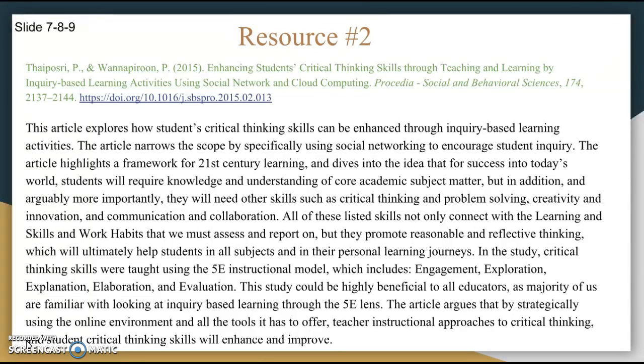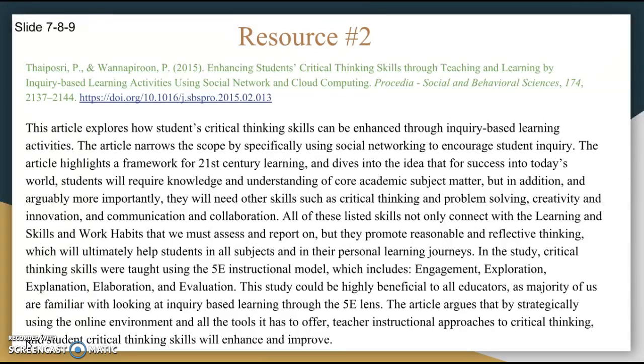These skills include critical thinking and problem solving, creativity and innovation, and communication and collaboration, all of which fall under the learning skills and work habits that we, as teachers, have a duty to assess and report on for all students. The study was conducted and critical thinking skills were taught using the 5E instructional model, which includes engagement, exploration,